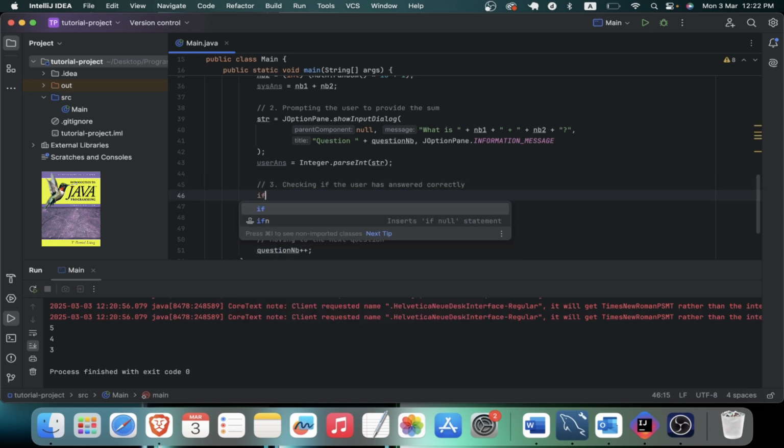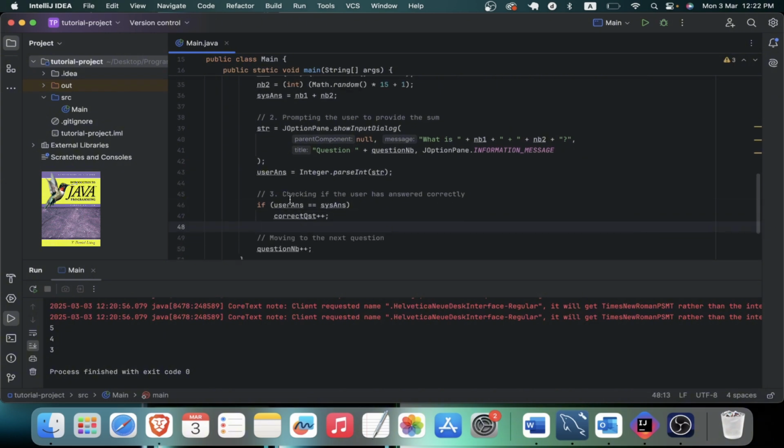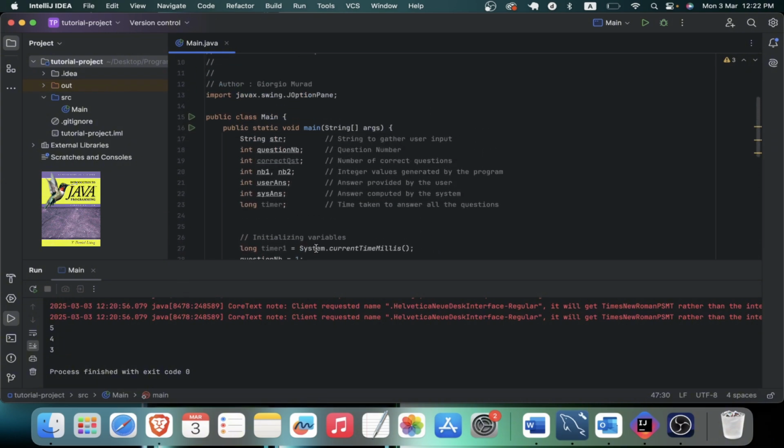So I have an if user answer is equal to the system answer, that's where correct question is incremented by 1. I don't need to provide an else, because if this condition was false, then correct questions is left as it is. It's not incremented by 1. And so after that,